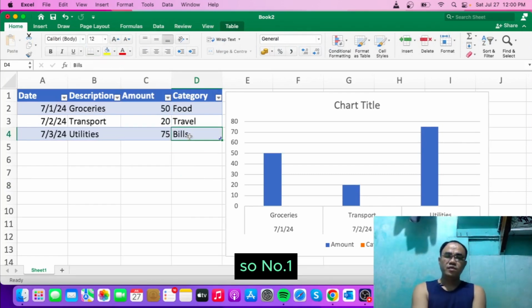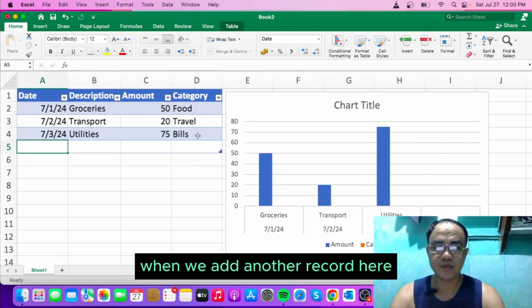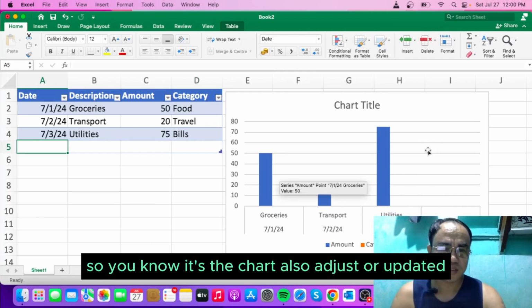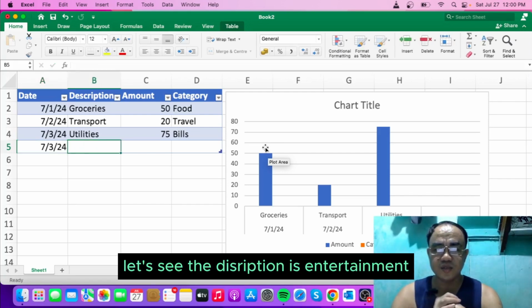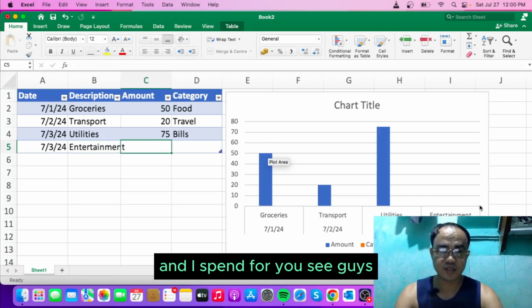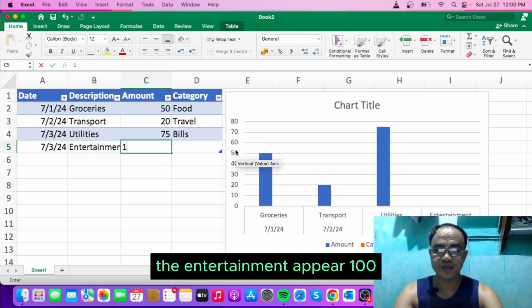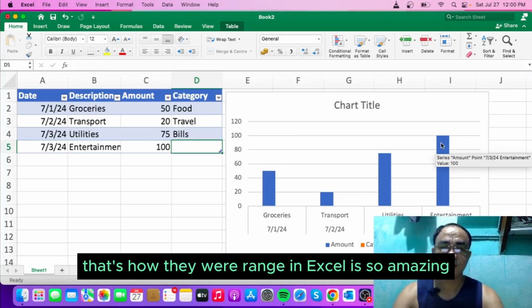When we press tab or add another record here, you notice the chart also adjusts or updates. So I will add another sample data. Let's say the description is entertainment, and I spent 100. You see, guys, the entertainment appears. That's how amazing table ranges in Excel are.